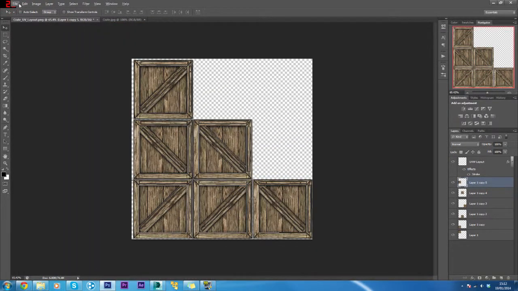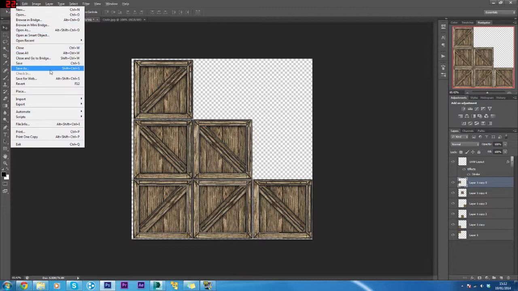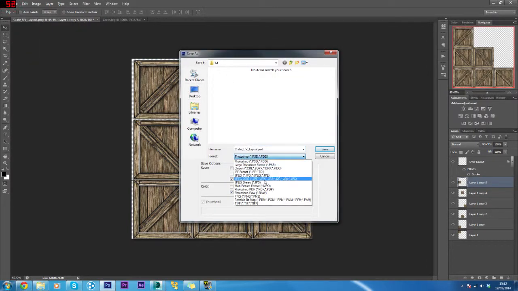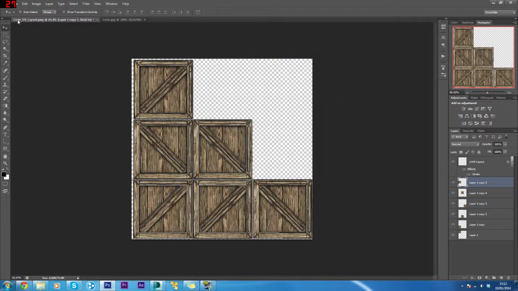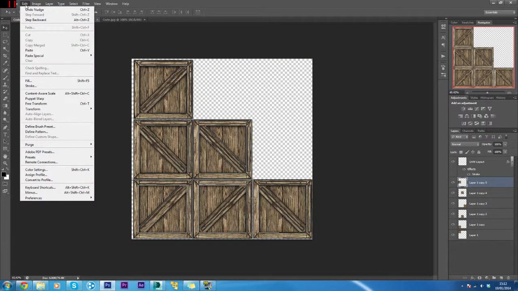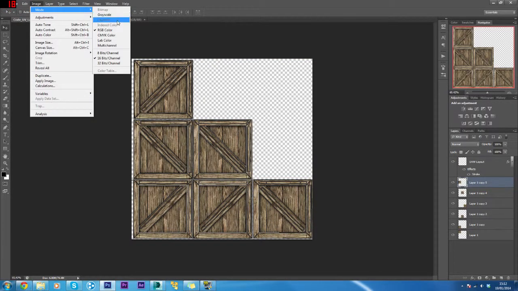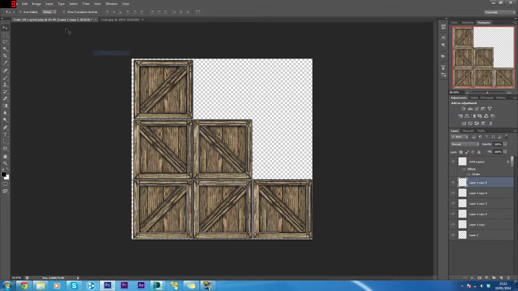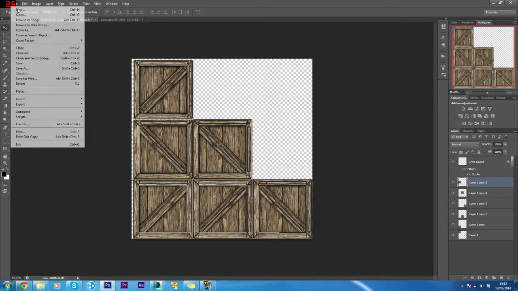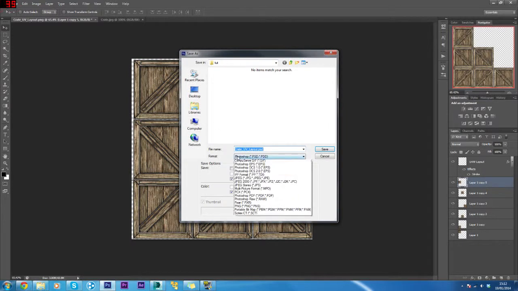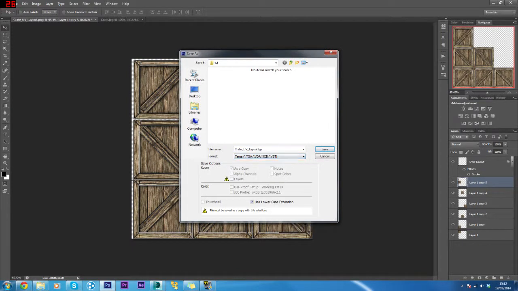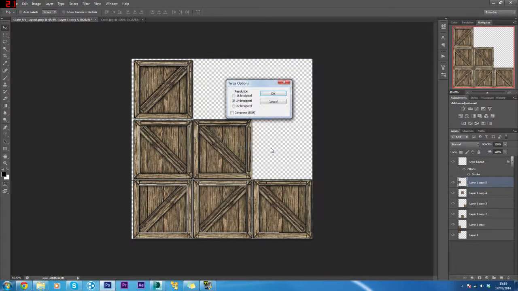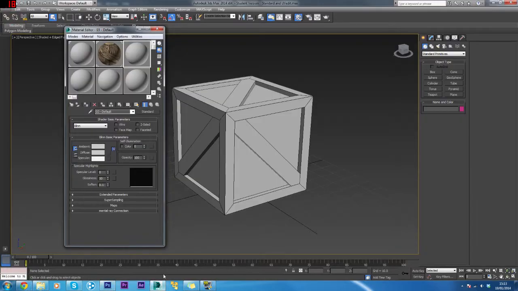So we'll just save this, go to File, Save As, and we need to save that as a target, but for that we need to go to Image, Mode, and set it to 8 bits per channel. Then press File, Save As, and select target. We'll just call this Texture Map. Press OK, and then we'll go into Max, open up the file, select this first material,